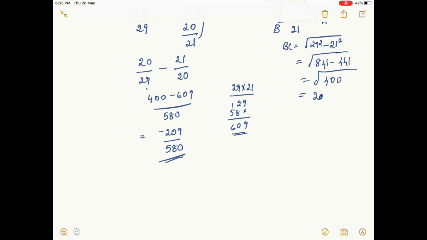So whenever there is such a type of question, that means a value is given, tan A is equal to something or secant A is equal to something, try to create a triangle based on that and find what is perpendicular or base, write it in, and find the unknown side using Pythagoras theorem, then solve for the given formula.